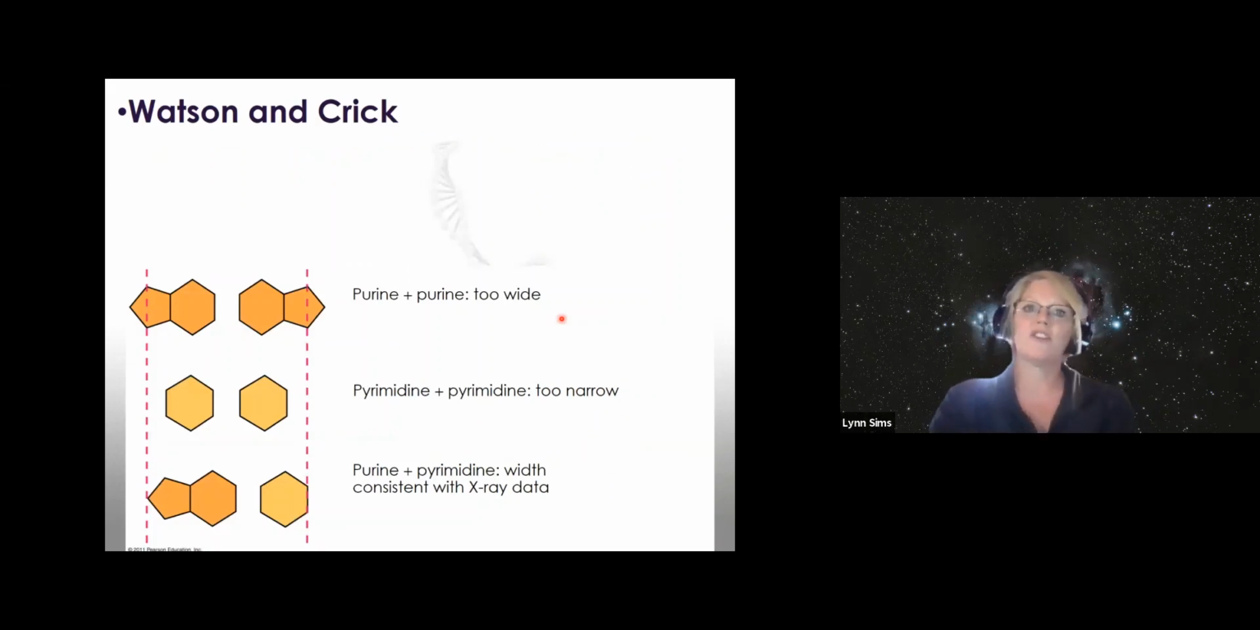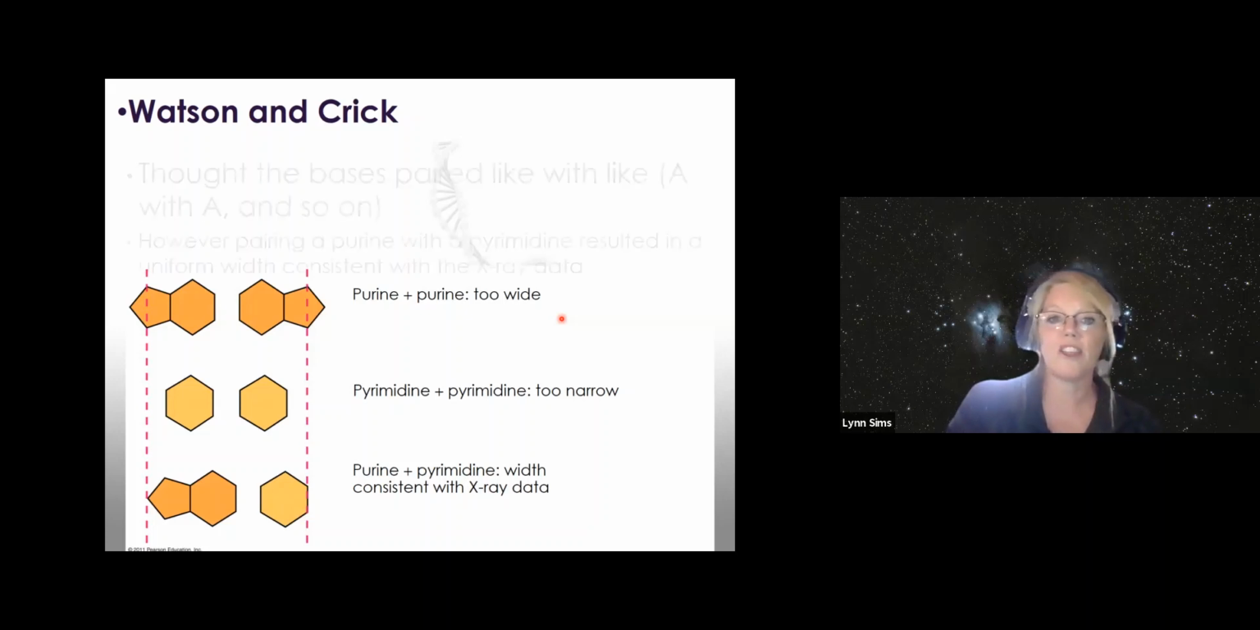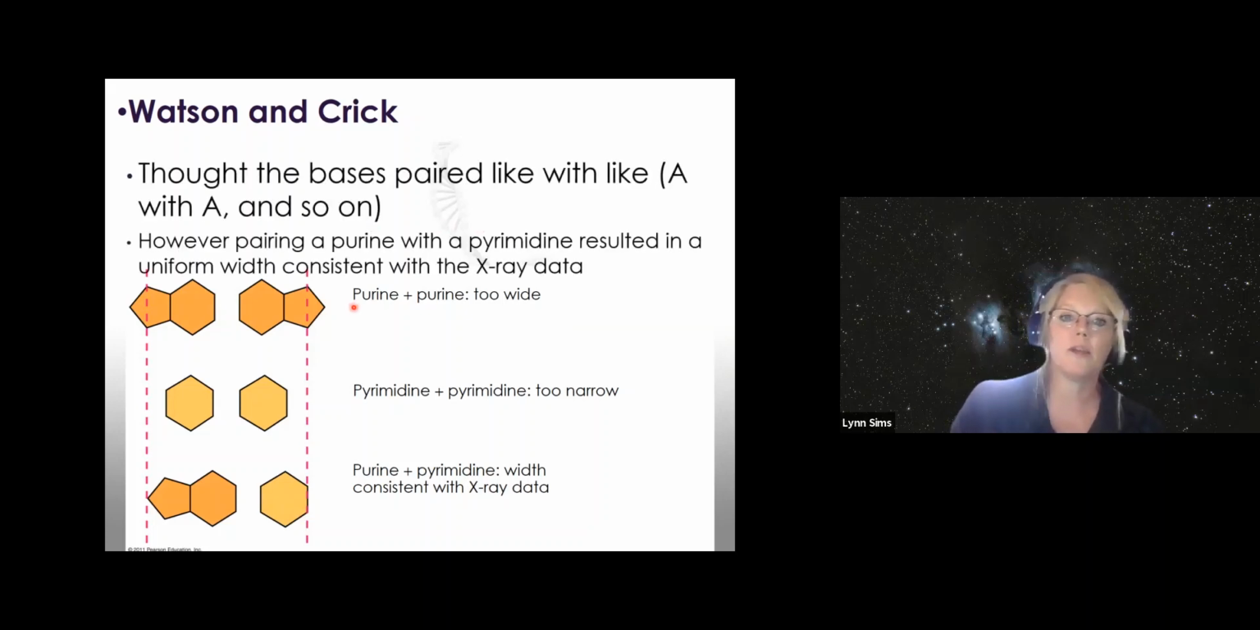Now, at the same time, Watson and Crick were trying to determine the structure of DNA. And what they thought initially was that the pairings of the DNA were basically purine to purine. So remember, purines are the bases which have the two rings, and the pyrimidines are the bases that have the single nitrogenous ring. Now, they thought that the purines connected together and the pyrimidines connected together. However, this overall structure did not match up with the X-ray data from